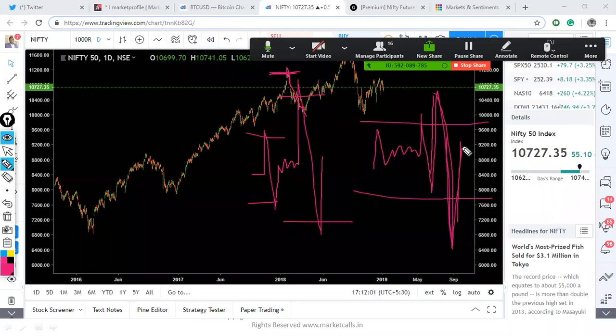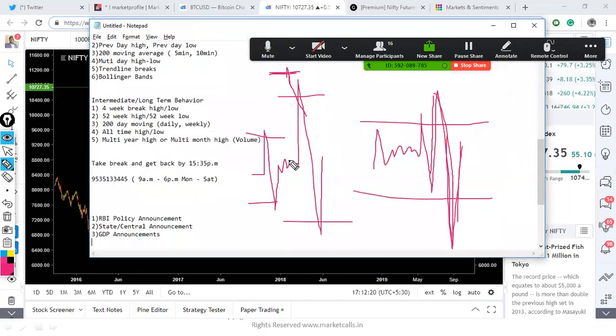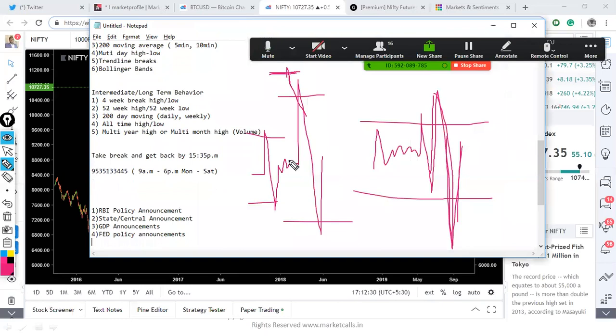Exactly, let's say tomorrow is a Fed day, and today you might find these kinds of fluctuations, and mostly the direction will happen after the Fed announcement. So avoid those days when there is a Fed announcement. You have to avoid. Fourth is Fed policy announcements. And the fifth one is, let's say, earnings season when it comes to stocks,